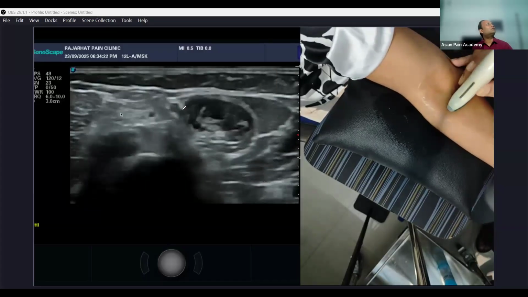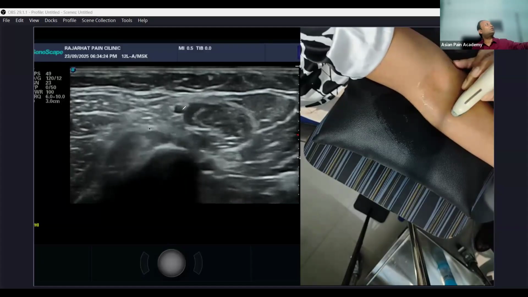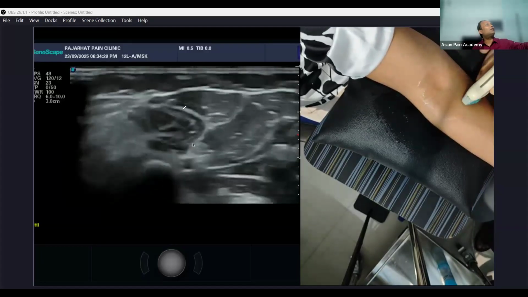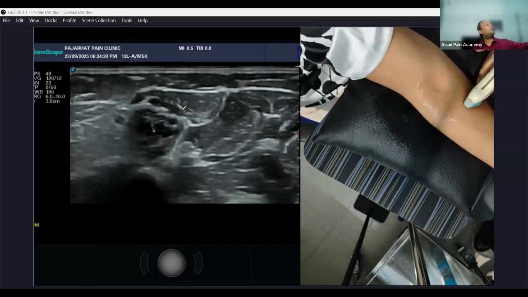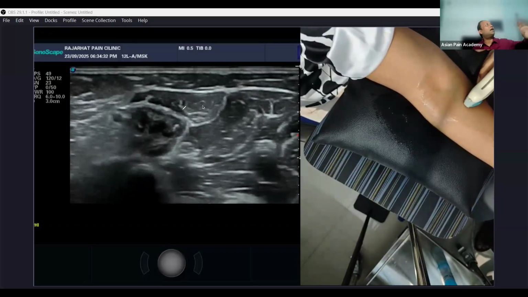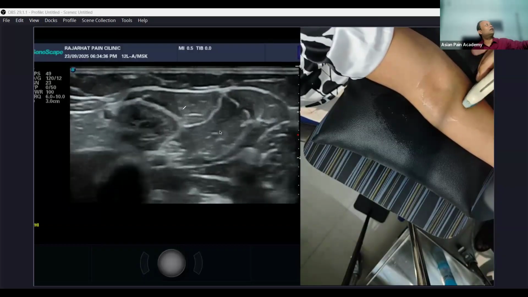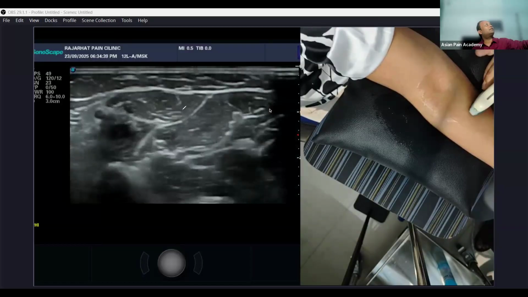Okay, just locate this area. So here, this is pronator teres. This is one muscle. I don't know the name at present. This is one muscle. This is the second muscle. And this is